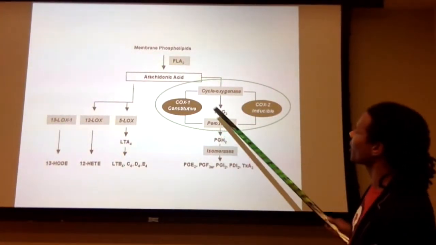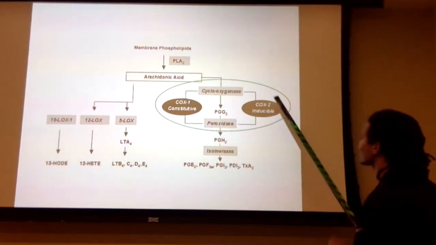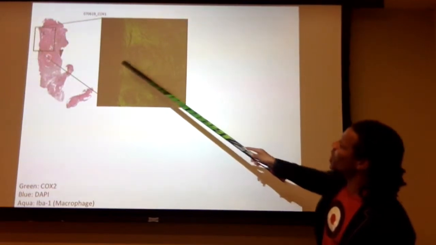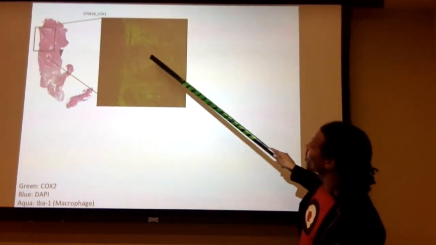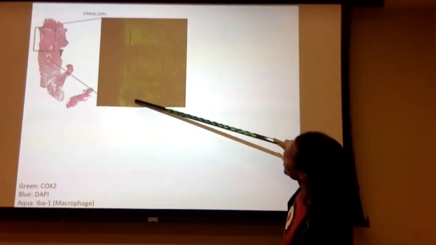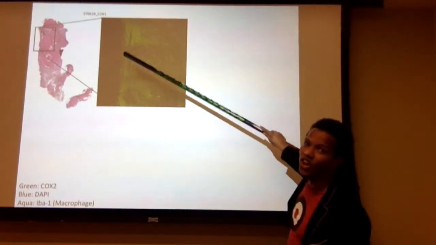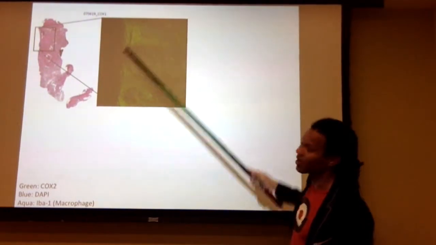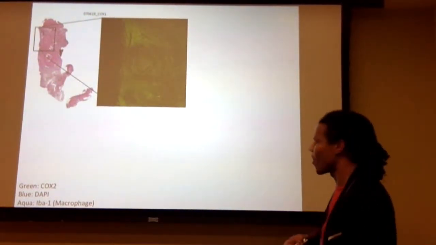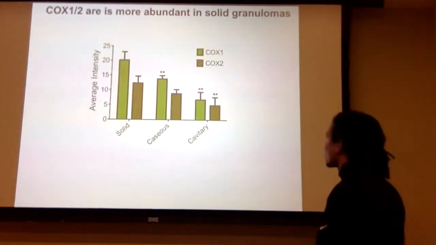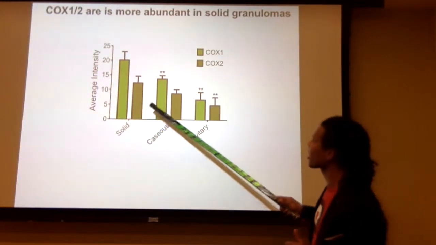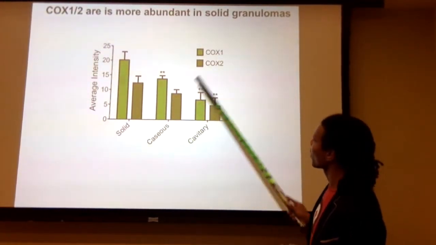And we found that looking at COXes, COX1 and 2, starting with COX1, we found that actually COX1 compared to LTA4H was little at the center compared to the actual solid material, where LTA4H was very little. So basically this is opposite expression of what you see on the other arm of arachidonic acid. This was so interesting to us that we also wanted to measure the total expressions or representation of the COXes